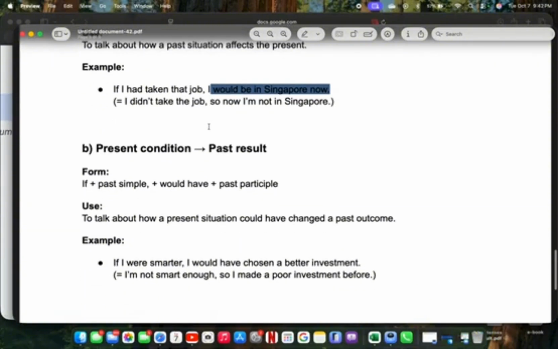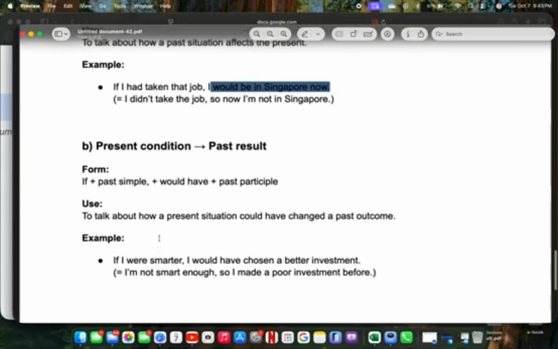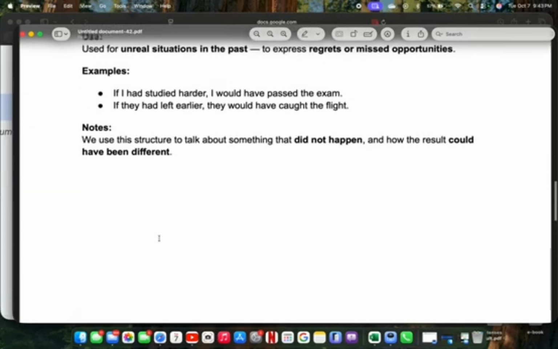Yep. Okay, and then next one we have present conditional and past result. It's just the opposite. Okay, so if I were smarter, I would have chosen a better investment. Yeah, so which means that you didn't make a better investment plan. Yeah. Okay. Yeah, so this one is quite direct, but I want you guys to focus more on zero, first,